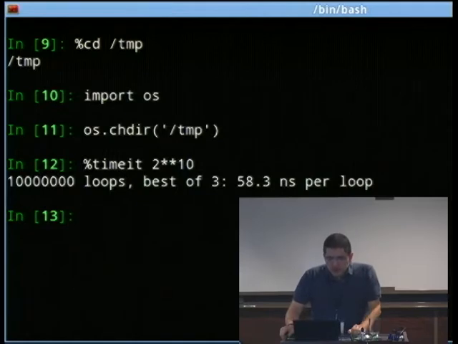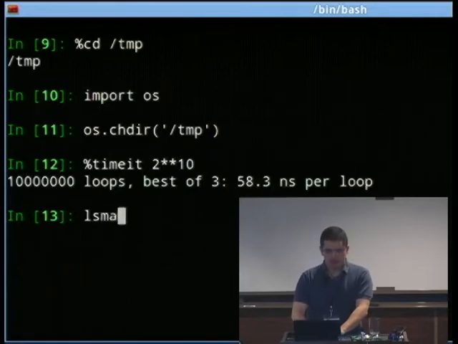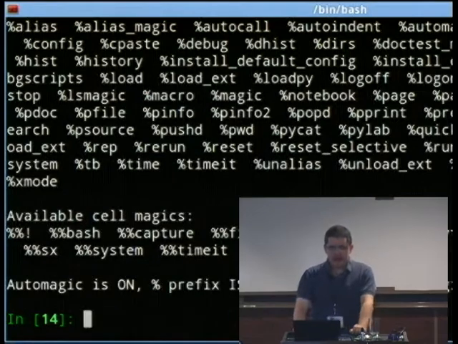Okay? So the magic system has a lot of magic. We don't have time in this quick introduction to cover them all. So how would you find out what all the magics are? We have an %lsmagic magic. And the lsmagic